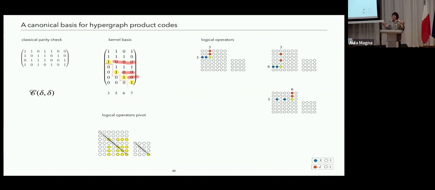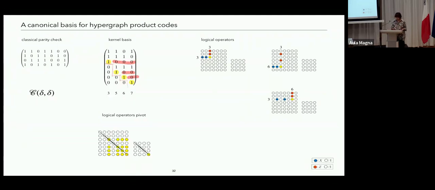What I'm saying is that I can describe the logical code space just by doing the product of these two numbers. I can write each and every logical operator, uniquely identified by the pivot, which is going to be the qubit where the X and Z operators overlap. So if I have 4, this is the kernel of the repetition code, I have 16 kinds of combinations for the pivot. And this gives me the logical space of hypergraph product codes, divided into 4 sets,